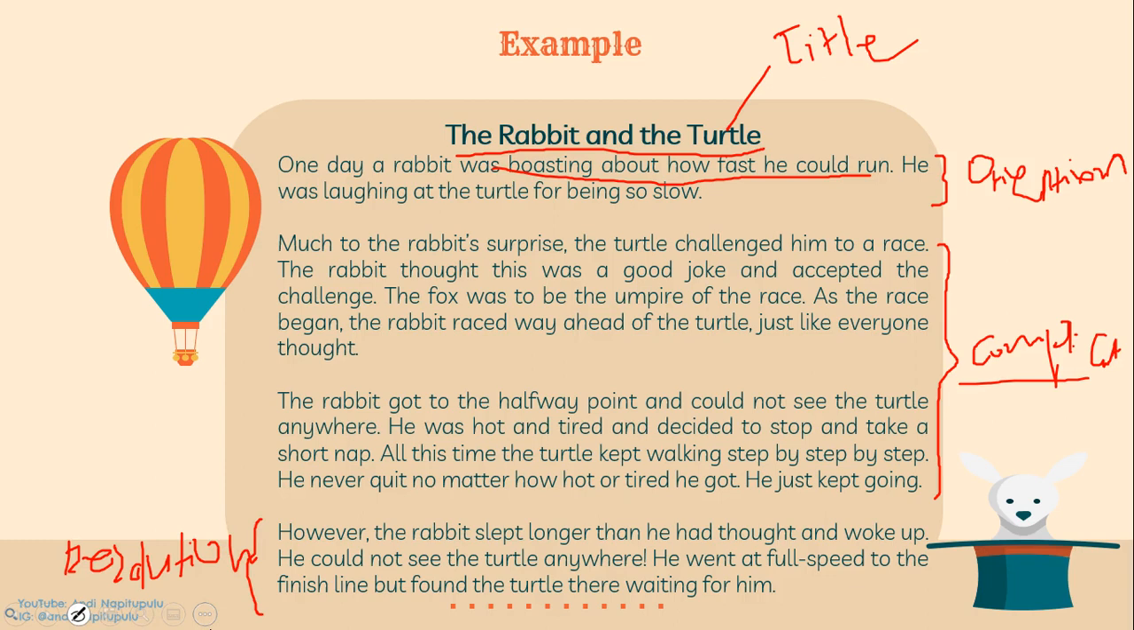Now, after we have determined the generic structure, let's take a look at the language features. First, they use the first and the third person, like he here. Okay, and what else, guys? Simple past tense. This one. What else? This one. This one. Okay. After that, don't forget